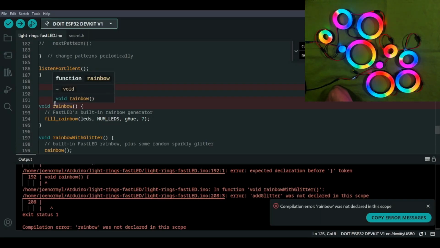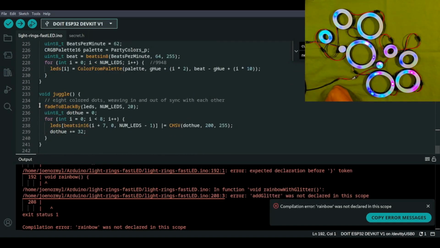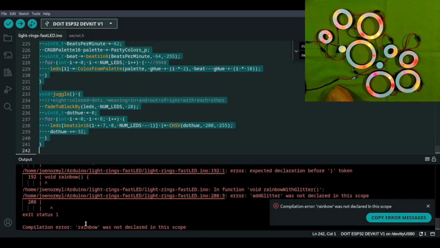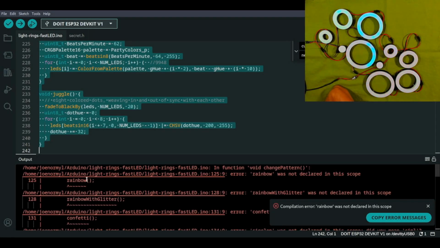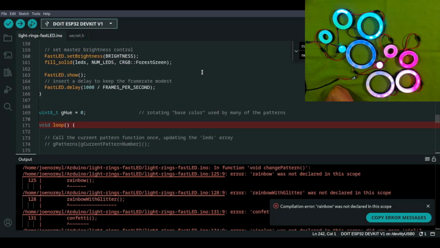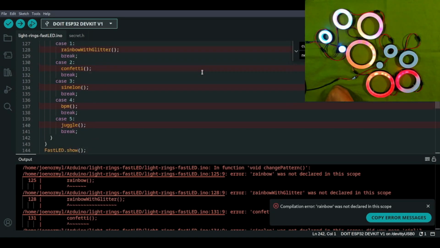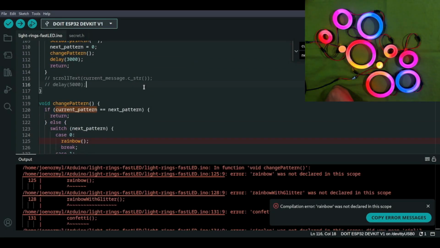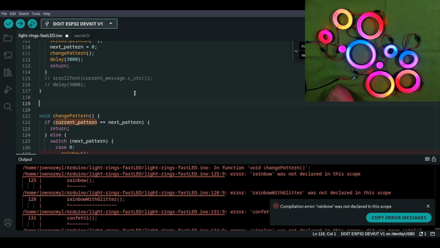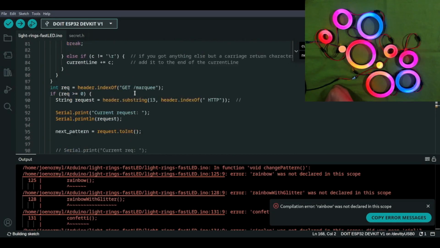What's going on with your void loop, too? It looked angry. Is that the first error you're getting, the one all the way at the top of your error list? The top is the same thing, it's just rainbow, 125. So either I've got a missing semicolon somewhere, which is possible, well, I don't see one, or it actually needs me to define these up above this, which seems weird to me. Doesn't that seem weird to you that it would need that?